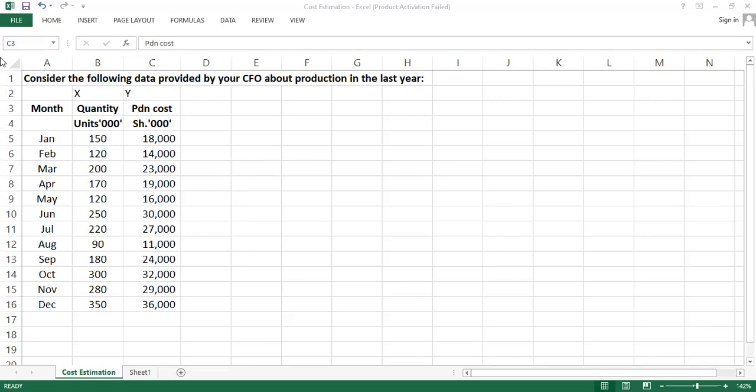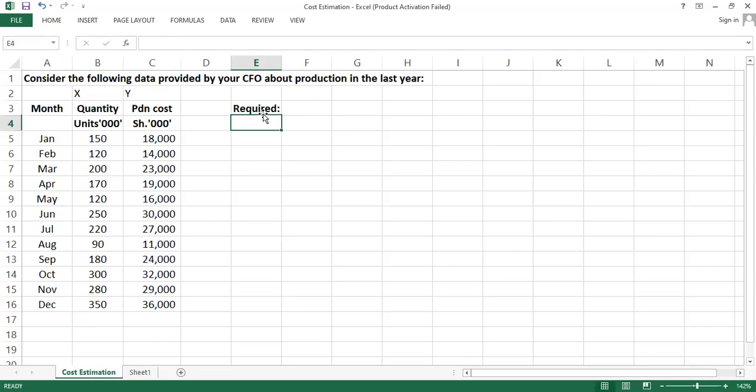Yeah, so the information again reads: consider the following data provided by your CFO about production in the last year. So we have month, we have quantity, and then we have production cost. Now the first illustration will have the required as what? Let your required be